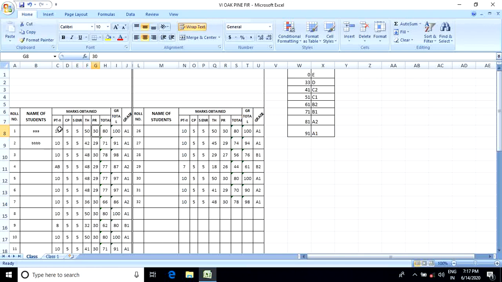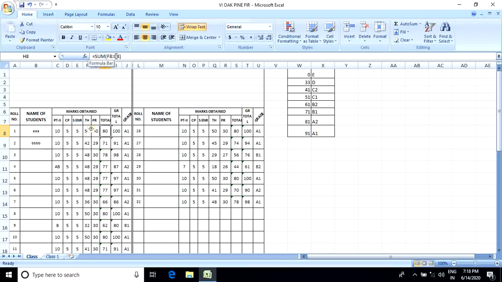They will be added from first to last. So how is it possible? Look at that. Select the cell and write down here equals to sum.